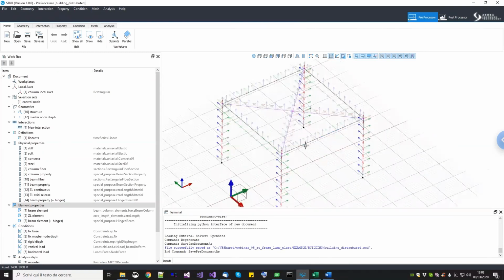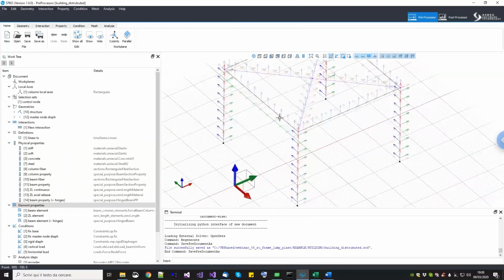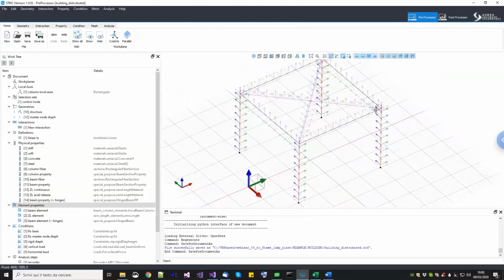So for example, we have seen the problem of using a fiber cross-section in the beams together with the rigid diaphragm. We have seen that the beams develop an axial load, which is unphysical, and that's why we used the end releases here to reduce or to nullify the axial load on the beams. And then I showed you how to use a nonlinear shear using the section aggregator, and then how to create beam column joints. Now in this example, I will just keep the end releases here, but not the shear and